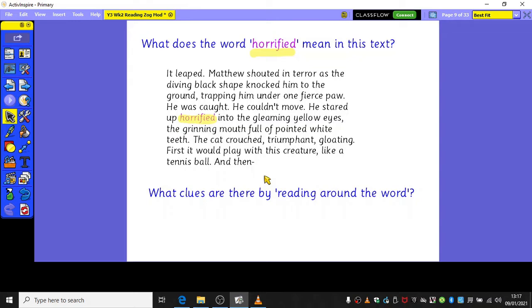Let's read the text. It leaped. Matthew shouted in terror as the diving black shape knocked him to the ground, trapping him under one fierce paw. He was caught. He couldn't move. He stared up horrified into the gleaming yellow eyes, the grinning mouth full of pointed white teeth. The cat crouched, triumphant, gloating. First it would play with this creature like a tennis ball, and then...